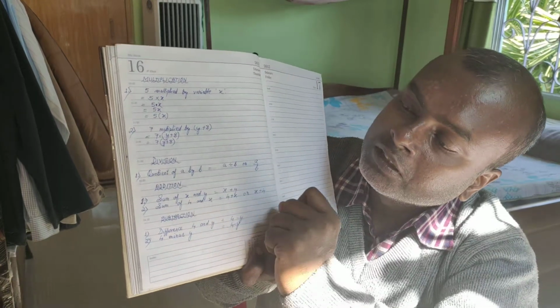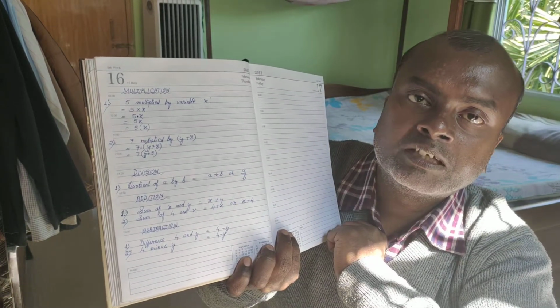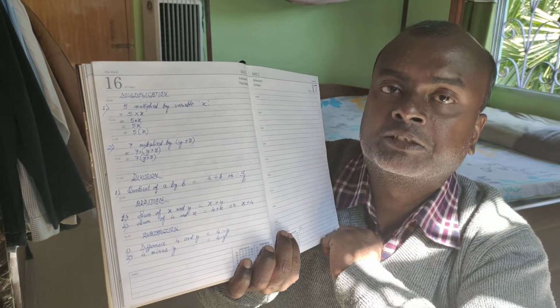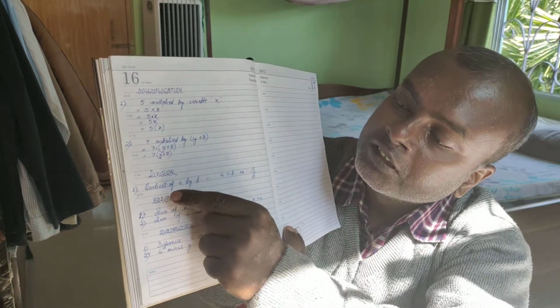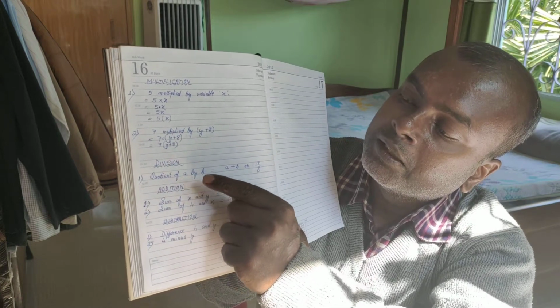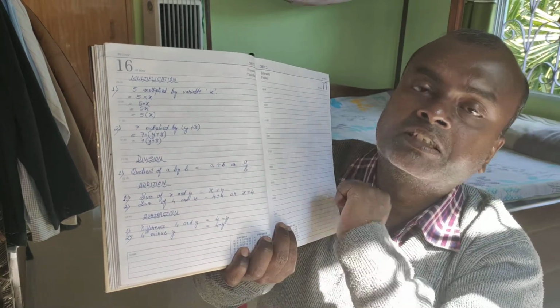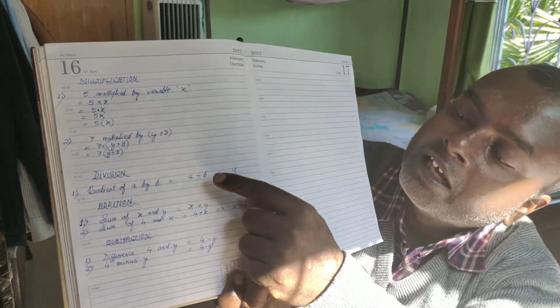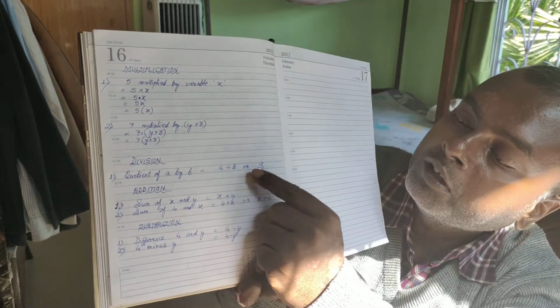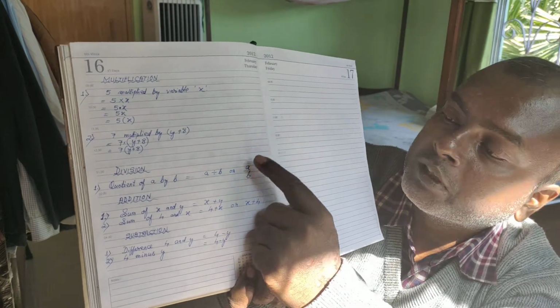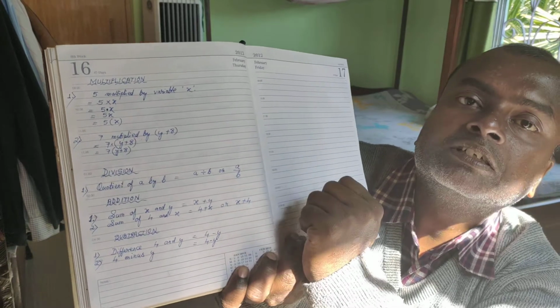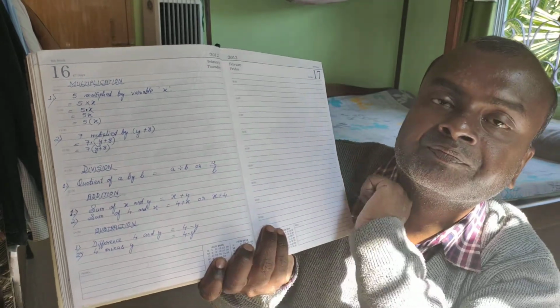Okay, now comes division. Now as I had said before, what is the word that we use instead of division? Quotient. So here it is. Quotient of A by B. It simply means A divided by B. I hope you all can see. A divided by B, or you can write it in fraction form also. A, then this dash, below you write B. So this dash over here symbolizes division.